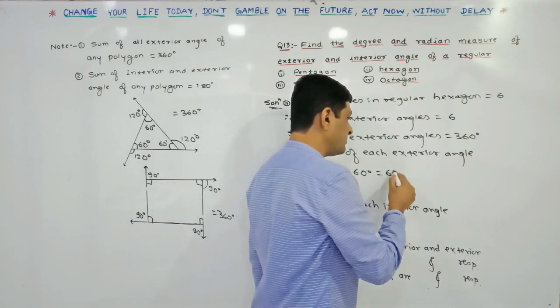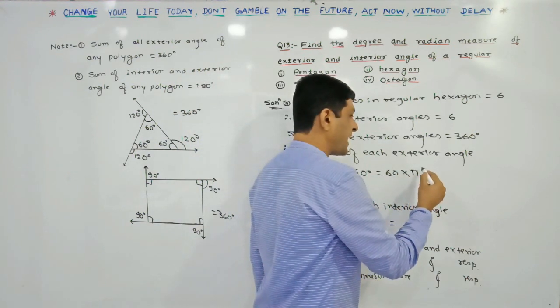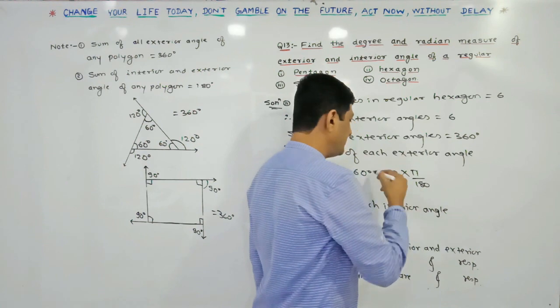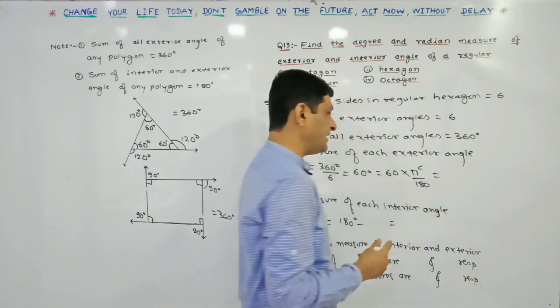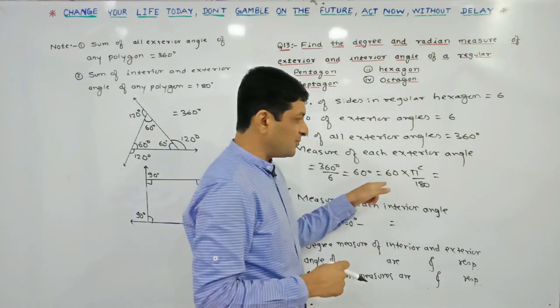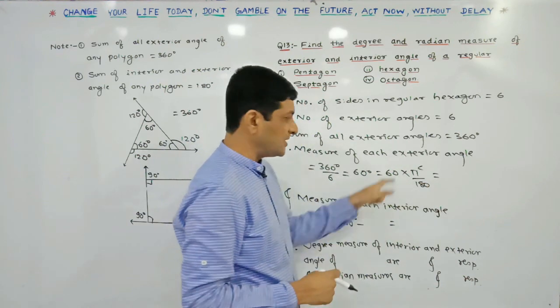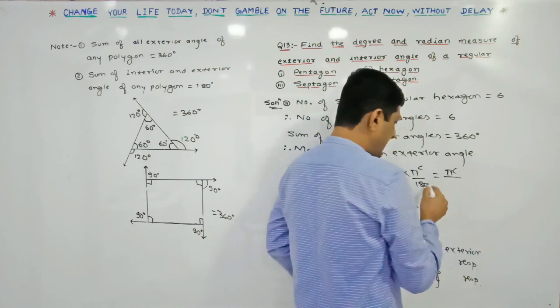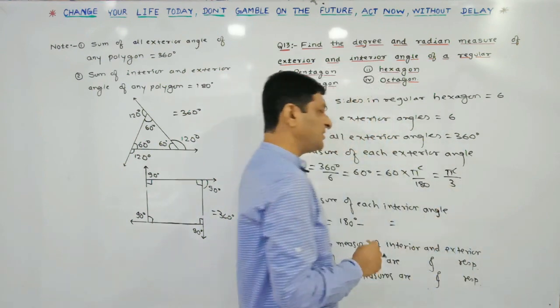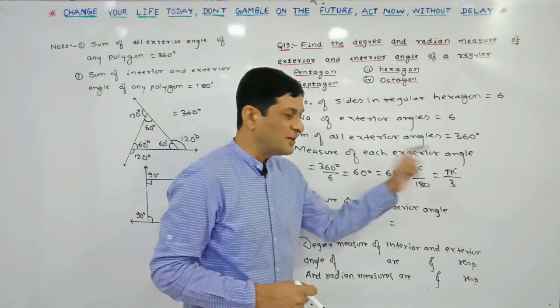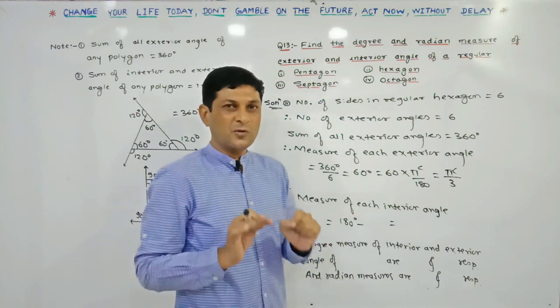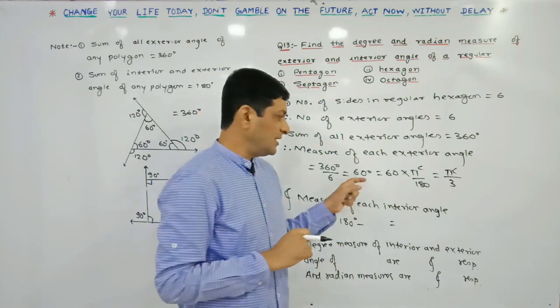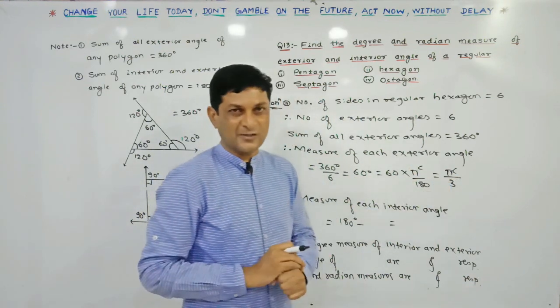To find out radian measure, just simply multiply it by pi by 180. We know that degree measure will get converted into what? Radian. Here we can easily observe that both the numbers are divisible by 60. 60 ones are 60, so 1 into pi radian will be equal to pi radian, and here 60 threes are 180. In this way we have converted degree measure into radian measure, so we have got the measure of the exterior angle in degrees and also in radians.